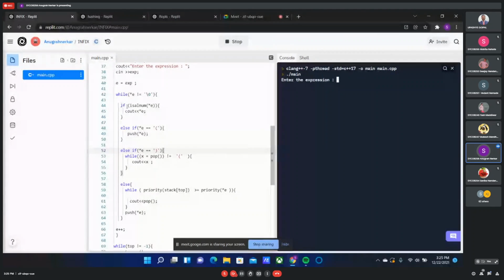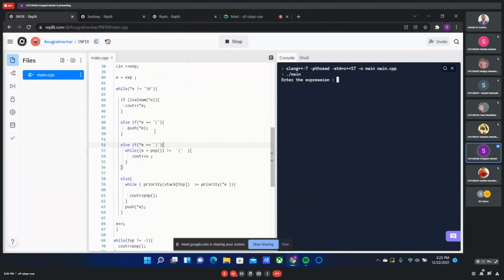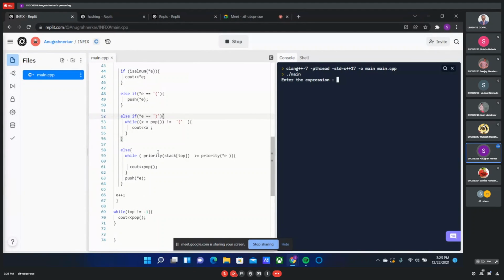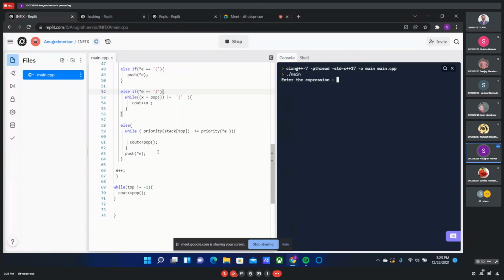If the alphanumeric value is numerical, it is printed, then each condition is checked, like the parenthesis. If a right parenthesis is there, then you have to pop until the left parenthesis comes. For the operator, there is priority given. If this condition is true, then the popping is done.